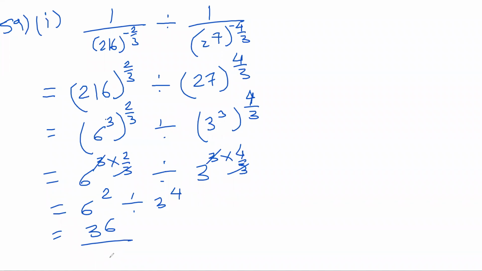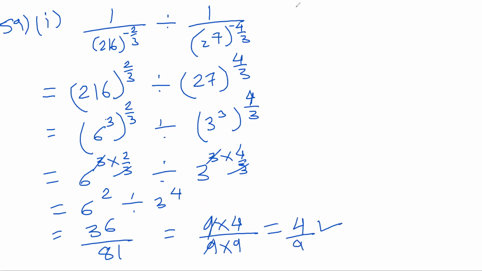81. Yes, 81. Done, this is the answer. What else? Not this answer. You can divide. Divide, can't we? Do it, divide. 12 into 3, does it become 9? 9 4 times, right? Sir, 4 by 9. Correct. Very good, very good. And 9 into 9. 4 by 9 will be the answer. Agreed? Yes. Okay.